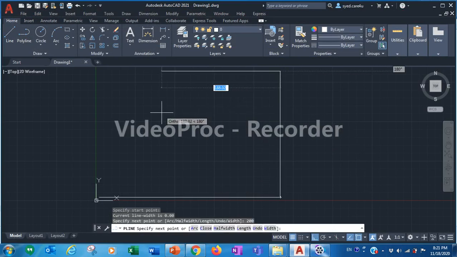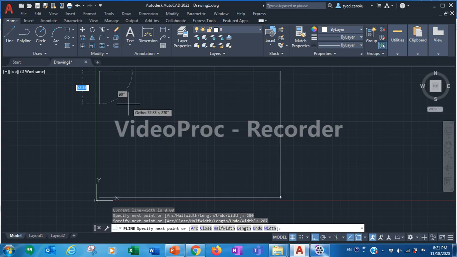Now go left side and type how much? What is the length here? It is 287. Again towards left it is 287 and then press enter on the keyboard. Now come downside, 200 and press enter.